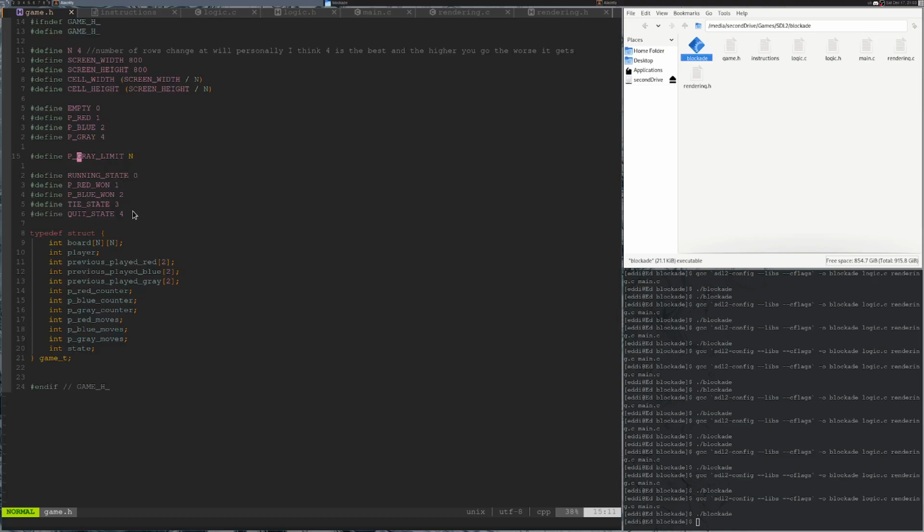This is the game state: whether it's running, whether red wins, whether blue wins, whether it's a tie, or whether you have quit. And quit is not used in rendering, it's just used in main to check whether you quit the game or not. Okay, so now this is the game structure, which is what's actually going to be affected by logic.c. So again, our board is a two-dimensional array. Our player is basically the turn we're in. So it's either going to be red or blue, one or two. Our previously played